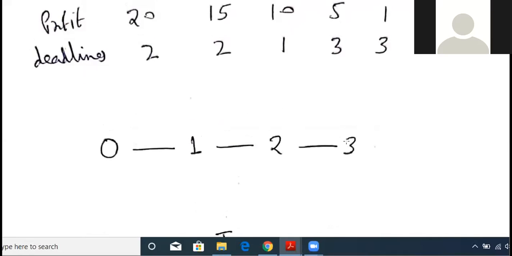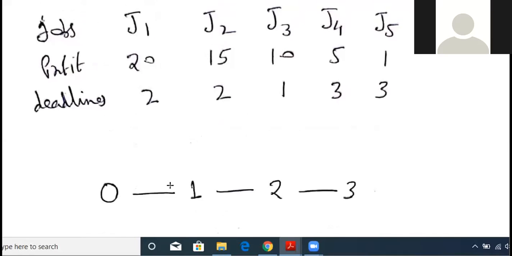So after placing the deadlines, what do we have to do next? Of the 5 jobs, which job do we have to execute first or place first? When we have the deadlines, what comes to our mind is that there is some profit associated with each job. So if I get more profit, it will be beneficial to me. So I would select those jobs that carry maximum profit.